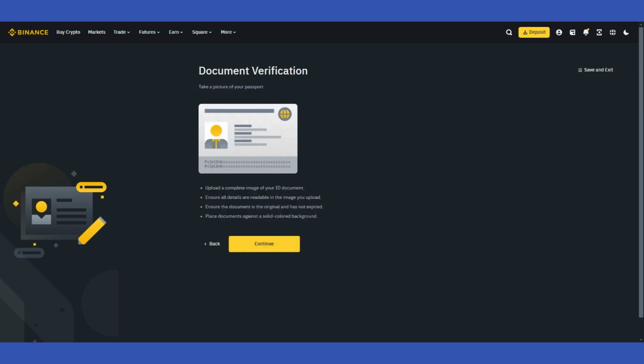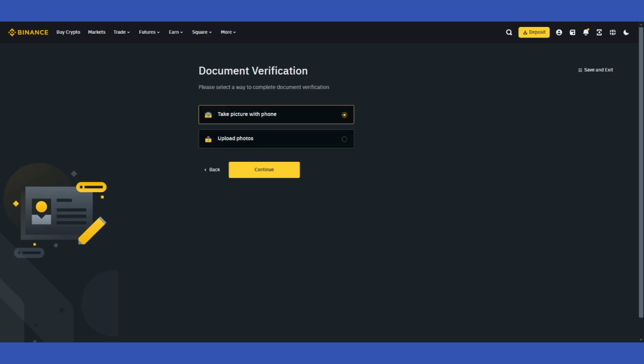Here's the document verification, so you have to upload a complete image of your ID document, ensure all details are readable in the image you upload, ensure the document is the original and hasn't expired, and place documents against a solid colored background. So after that you read and you agree about it, just continue and then you can click on